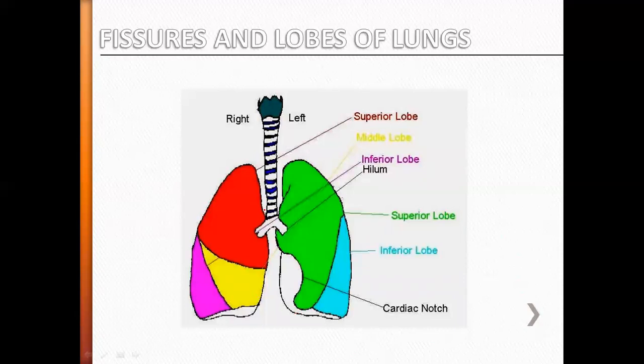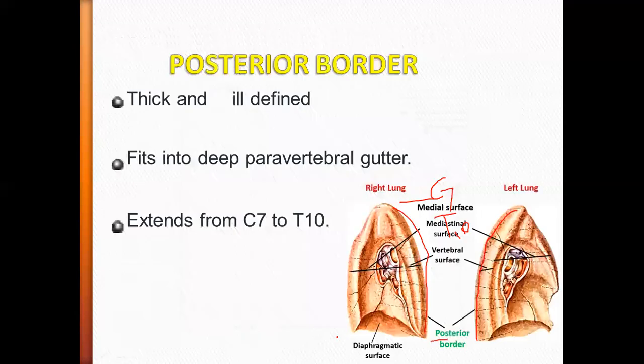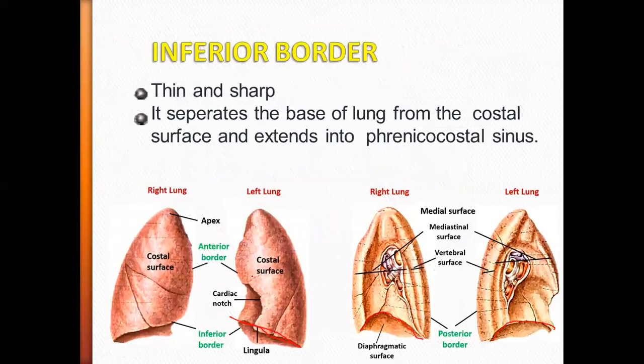When we take the lungs, we will go back to those pictures only. That looks better compared with these pictures, right? So take this picture. This is our right lung. This is our left lung. What is happening in the right lung and left lung? There is a fissure. See, one fissure is running from one corner to another corner. This is our oblique fissure.